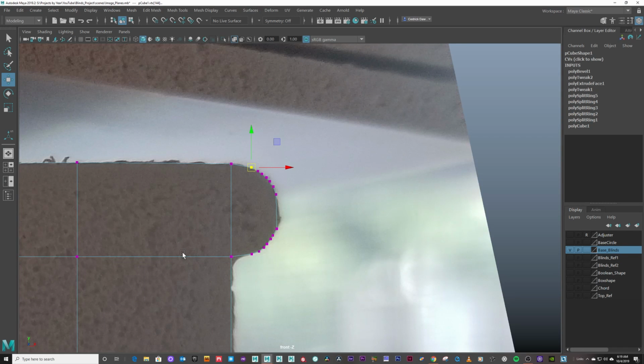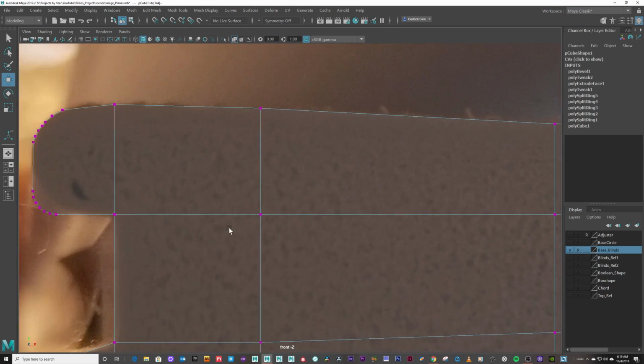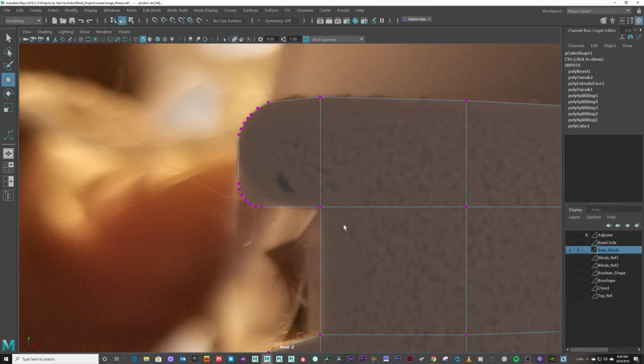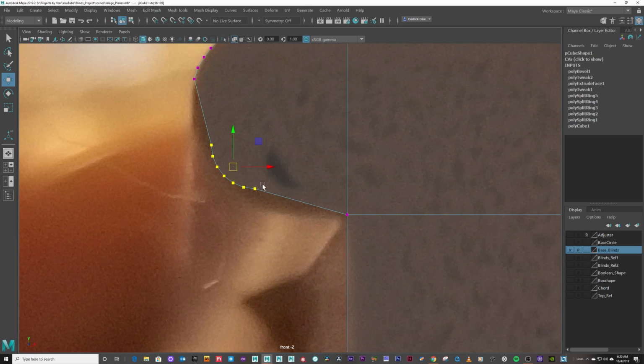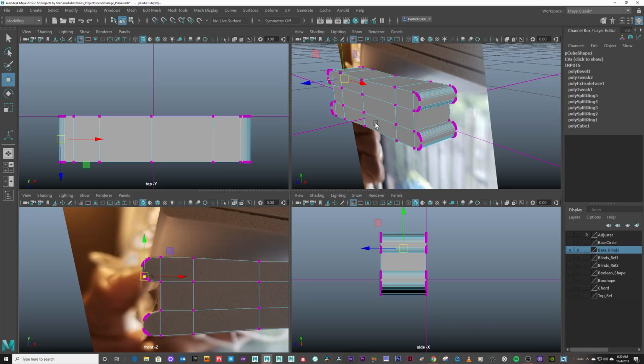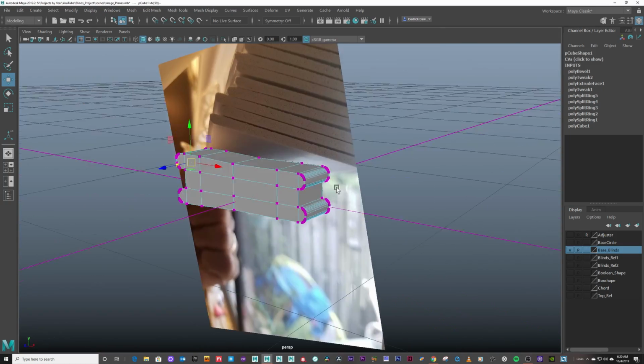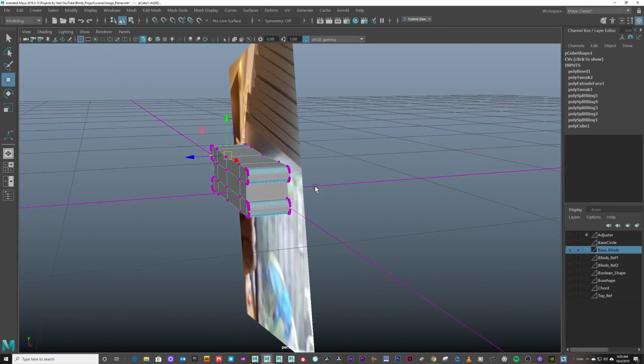Okay, so we have both sides that look pretty good, and you know what, I kind of messed up right there. I didn't see it because of the shadow or the angle of that. So there we go, not a big deal. All right, let's jump back here, and since we're in vertex mode,